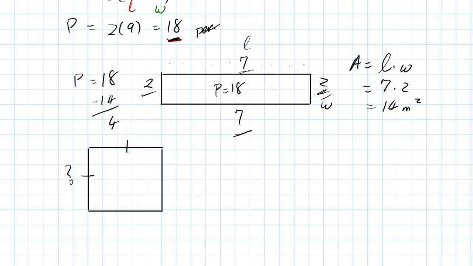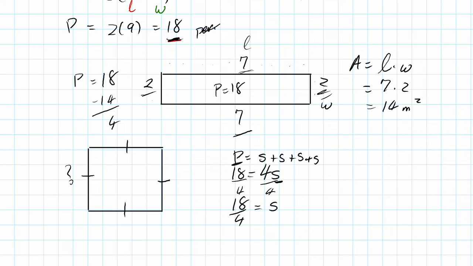That means all of these side lengths have to be the same, which means our perimeter in this case would be side plus side plus side plus side, but all those side lengths are the same. So in other words, it's 4 times some side. And we know the constraint was 18 as our perimeter. So we got to isolate for the side. If we do a little algebra, we divide both sides by 4. We get a side length of 18 over 4, which is actually equivalent to 9 over 2, which is about 4.5